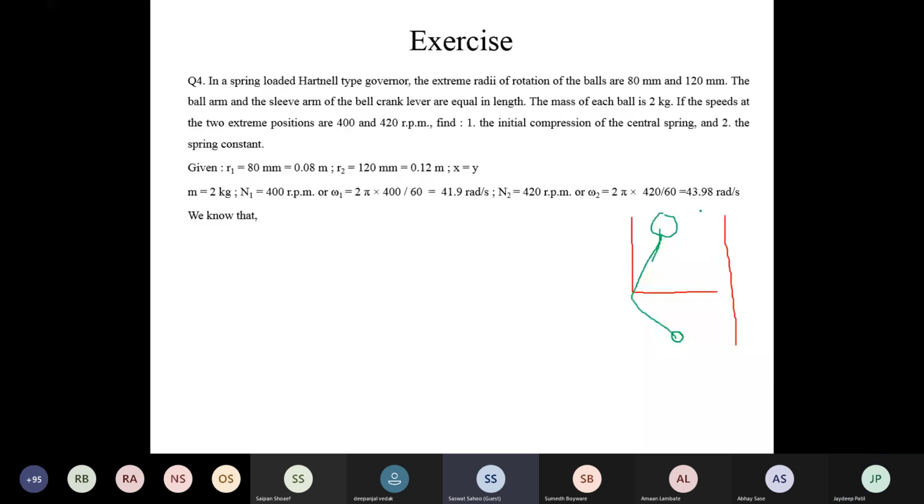Okay, now when the speed is decreased, the fly ball goes inward direction and the various forces acting on the lever on fly ball, there will be centrifugal force FC1. Now the load acting on the roller is capital mg plus S1